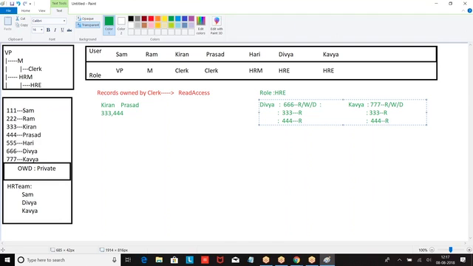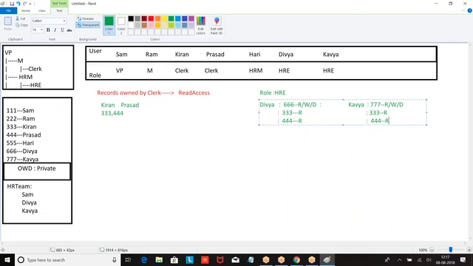Actually, Divya was supposed to see 666 and Kavya was supposed to see 777. Right? That is what they were supposed to see.